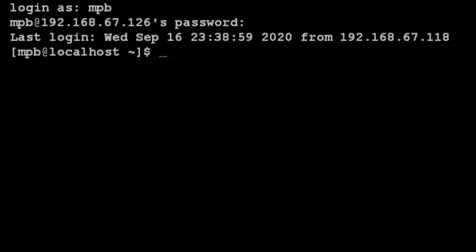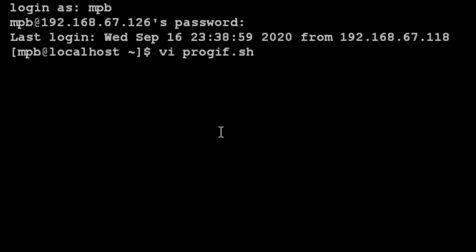Now here you can see that I have already got $ prompt where I can execute my commands, and now I can execute vi command to go into vi editor. But before that you should know that if you want to write a shell script, then you should have your file extension as .sh. So here I will use vi command to open the file, but my file name will be, for example, progif.sh.